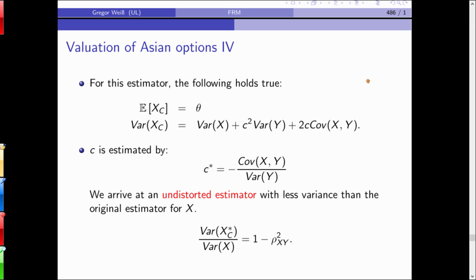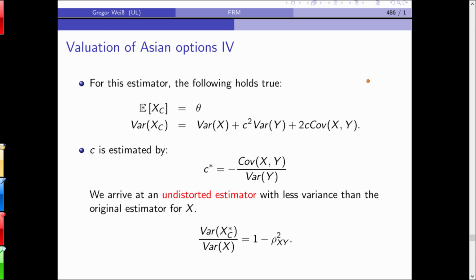And we then get an unbiased estimator with a slightly lower variance than the original estimator, if the variance of xc star over the variance of x is given by 1 minus the correlation squared,